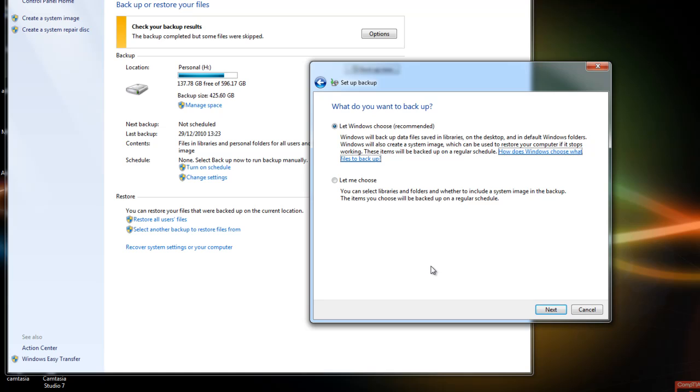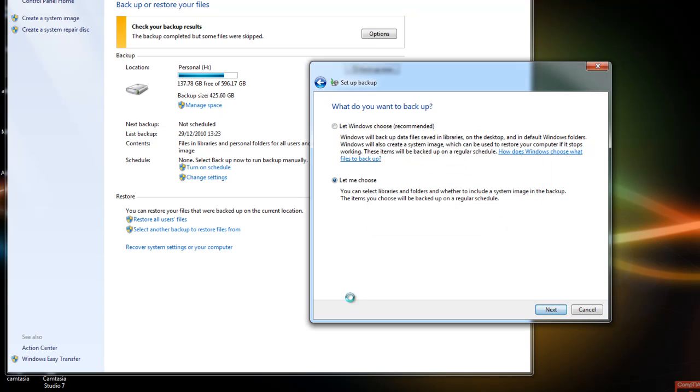And here is one of the biggest differences between Windows Vista and Windows 7. In Windows Vista I could choose file types to back up, but I could not choose specific file locations. In Windows 7 I can now browse the file system and I can choose to select specific folders to include within the backup, or I can include entire drives. You'll notice if I click on that one there,